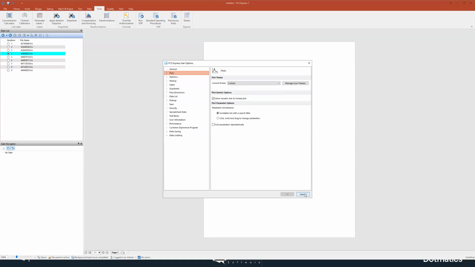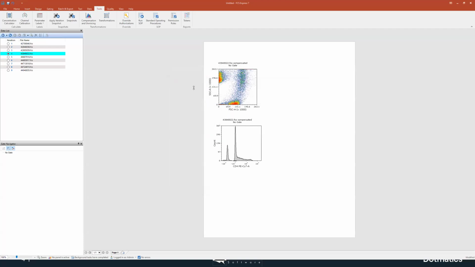I always tell people, make sure you check your policy for changing your user options. I know a lot of clinical labs, a lot of validated labs have very specific options. So you're going to want to check to make sure if you can change your user options or if that's okay without making a mess of things. If you have security, you may not even be able to change these options depending on how your security is set up. So these things may need to be done by an administrator, which leads me to show one of